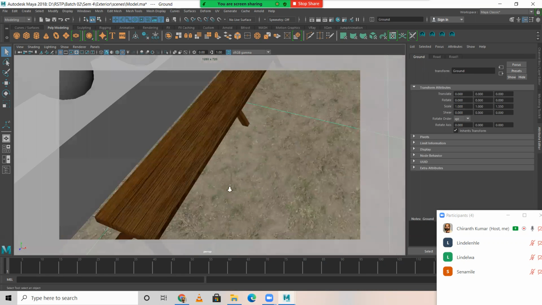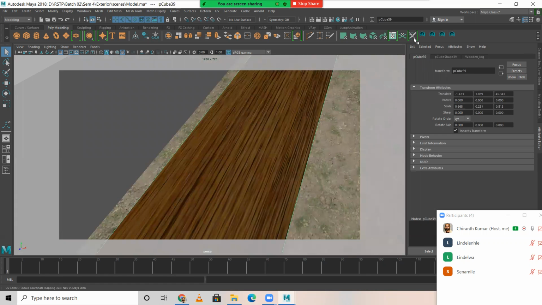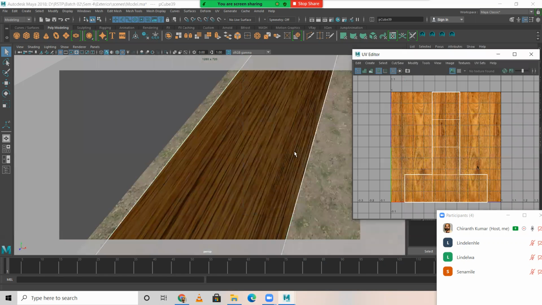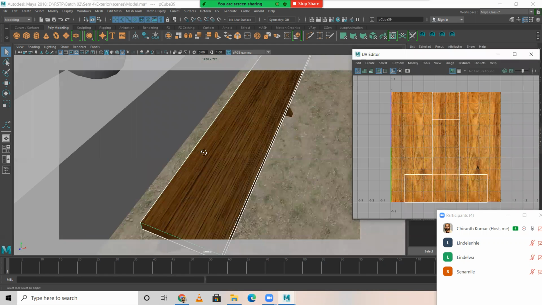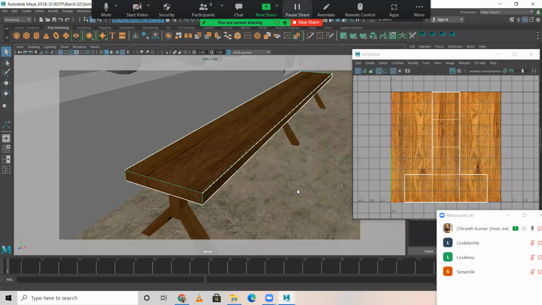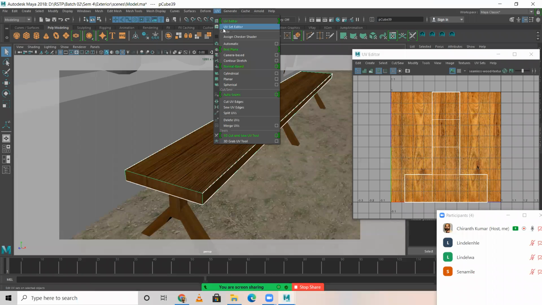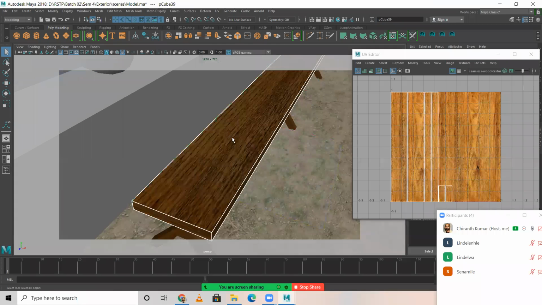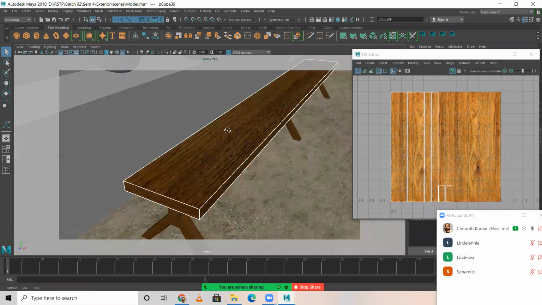But if you notice, this is not unwrapped properly. What I do, I select this. I go to UV, automatic mapping. Now look, it's looking good.